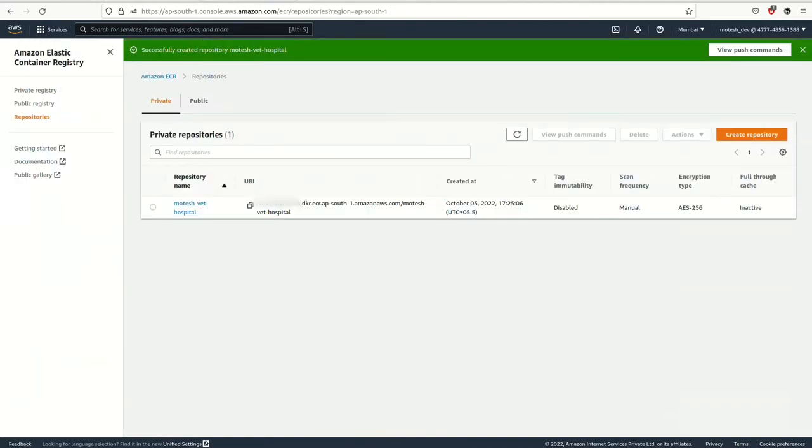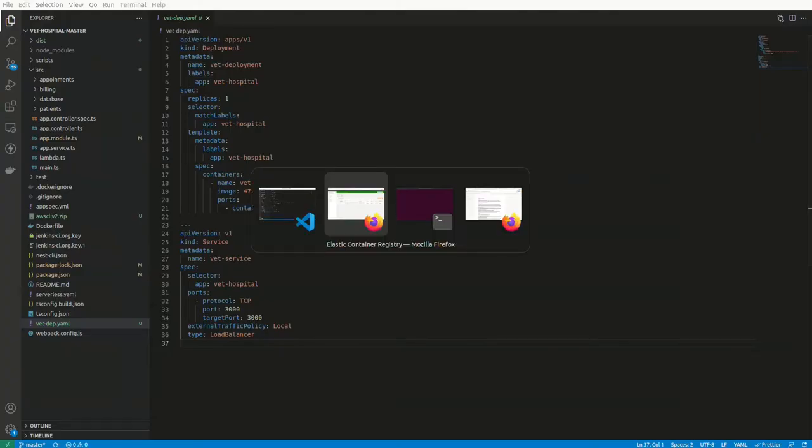Okay, so the repository is created. Now we have to push our Docker container onto it. What we are going to do is push the Docker container onto ECR, then pick that container from ECR and deploy it onto K8s. It is a simple process, that's why I am using ECR. You can use GitHub, Bitbucket, or anyone you like. Okay, so our next step is